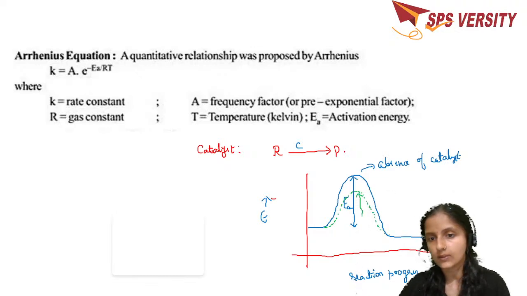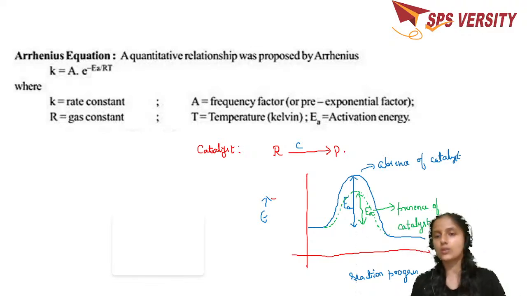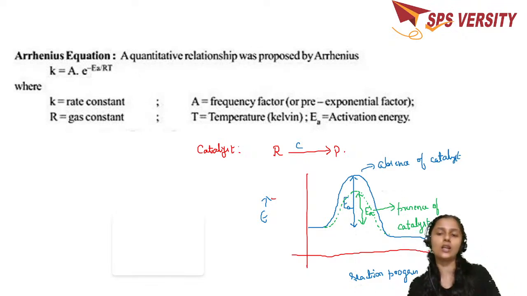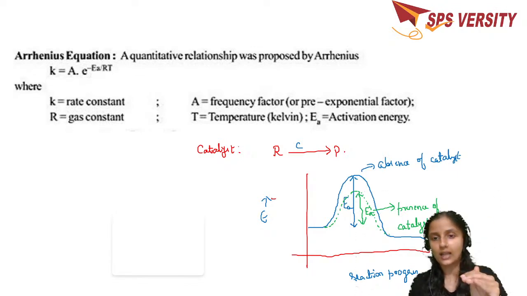So this becomes the activation energy. Now, this is in the presence of catalyst. What difference do you see over here? So addition of the catalyst is going to lower the activation energy. I think it's clear to you. And just like if it is a very big hill, if it is difficult for you to climb, then you are going to go through a shorter hill, where you can climb depending on your energy. So the addition of the catalyst is going to lower the activation energy,